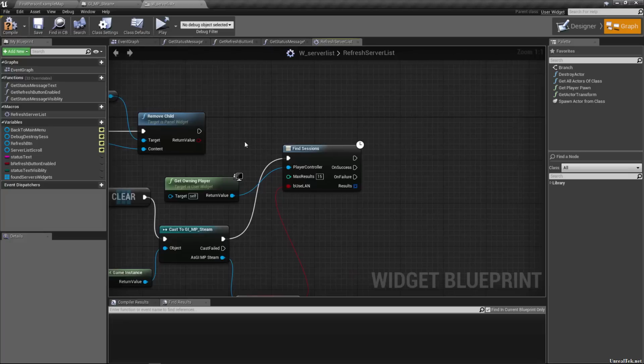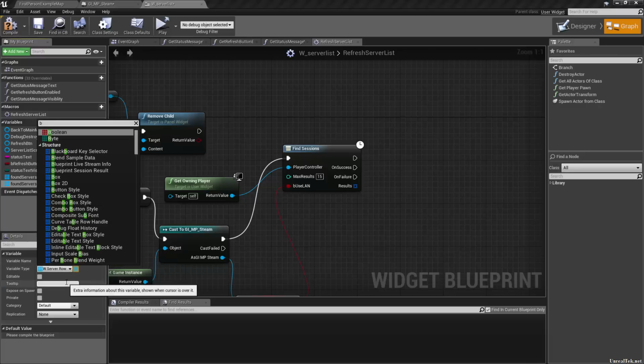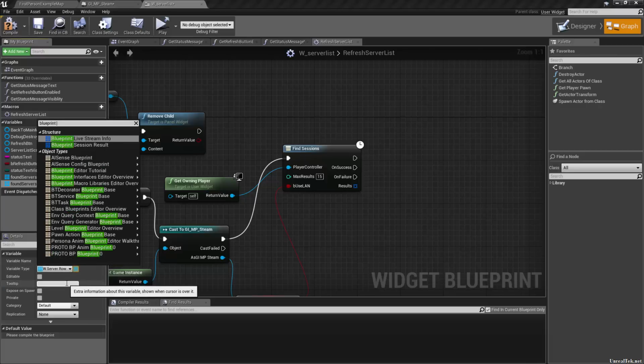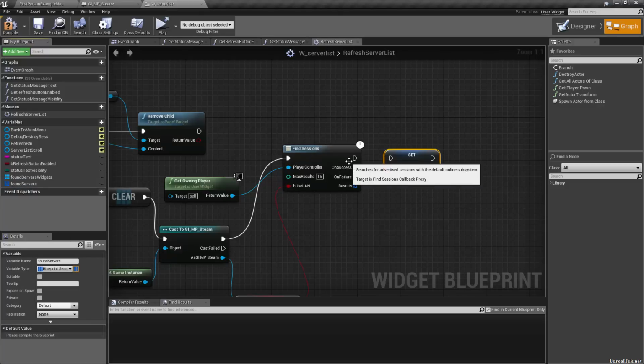And then we set found servers, and that is an array, same deal, of blueprint session result. So drag that in as a setter. And so on success, we set found servers to the found sessions. On failure,